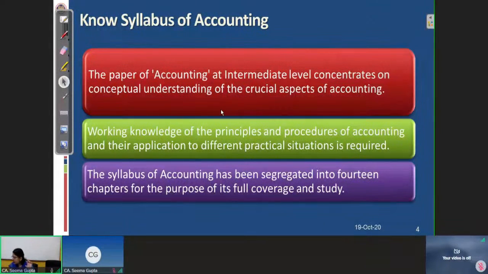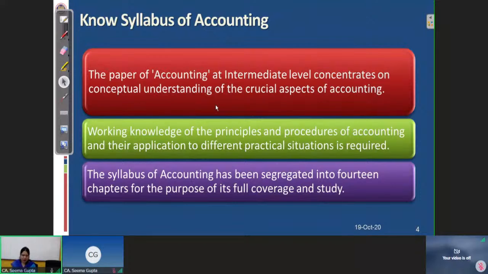The most important point which many of the students have raised is about the accounting standards. The students have communicated to us that they find difficulty in attempting the questions on accounting standards. They do not understand which para would be applicable for the particular scenario given in the question, and they do not understand how to give the answer to fetch marks. Like if it's a 5 marks question, how to fetch marks in that particular question. They are not able to write the required answer. So that also we will discuss in the session.